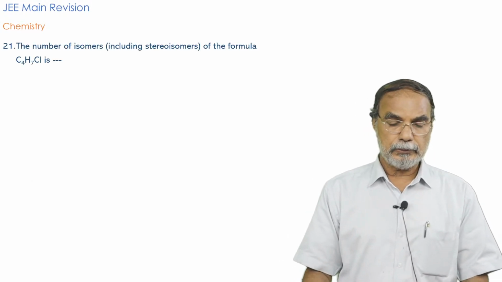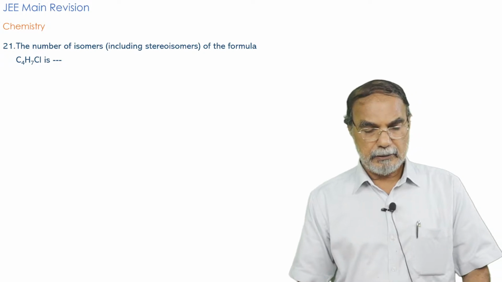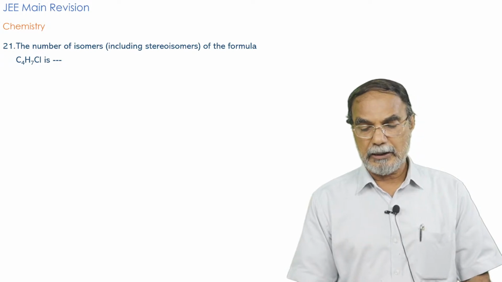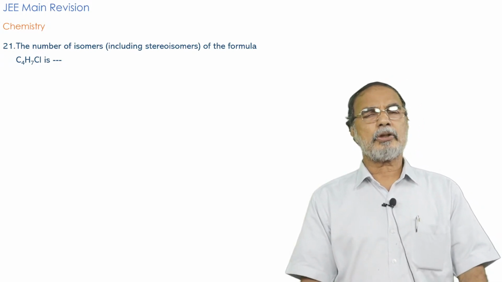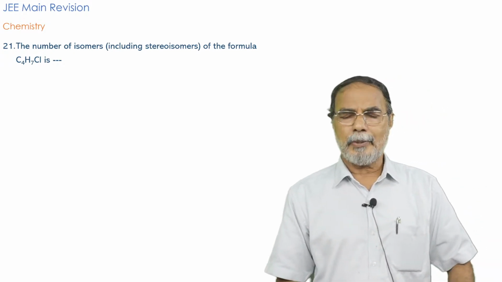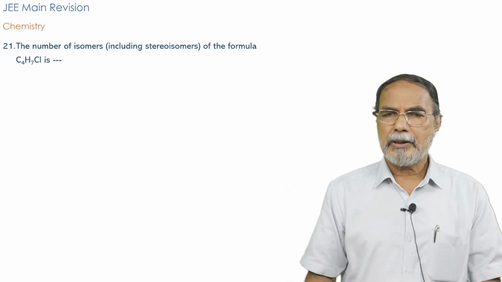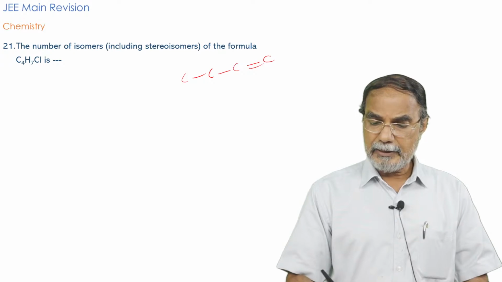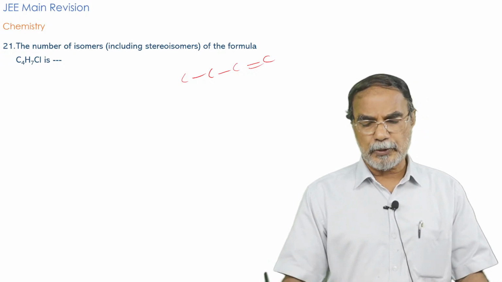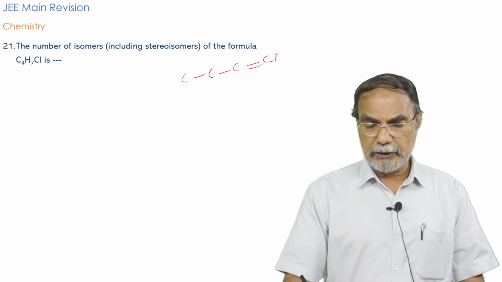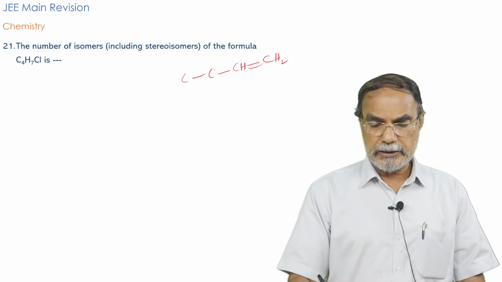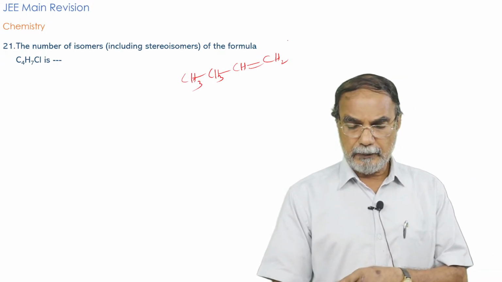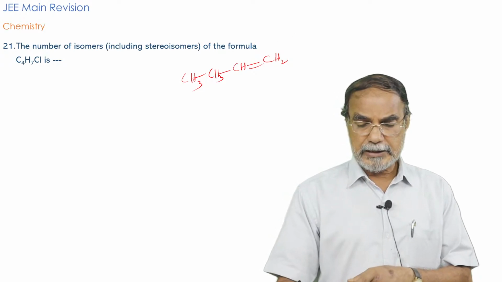Now let us come to the single digit answer questions. C4H7Cl. I think in all classrooms this question is discussed, and I have discussed this question with my students several times. C4H7Cl means it's a compound containing a double bond and a chlorine atom. So you have to think of the possibilities. Suppose we substitute the chlorine atom, here it is CH2, here it is CH, here it is CH3, here it is CH3. And if you substitute a chlorine atom here, you have a chlorine here, means this will lead to